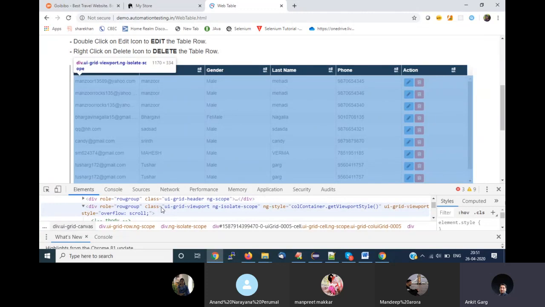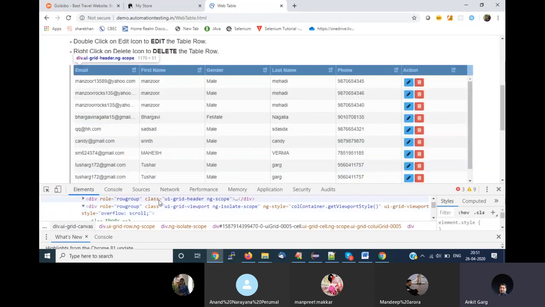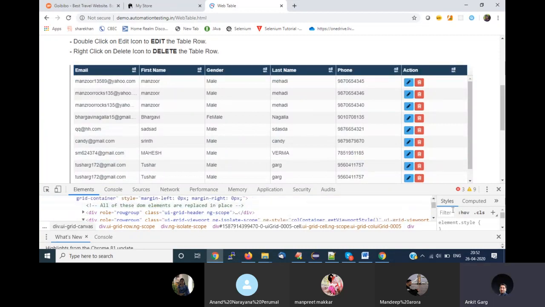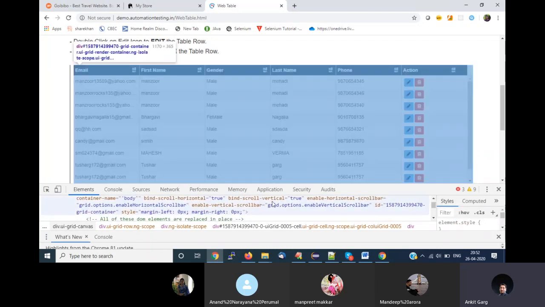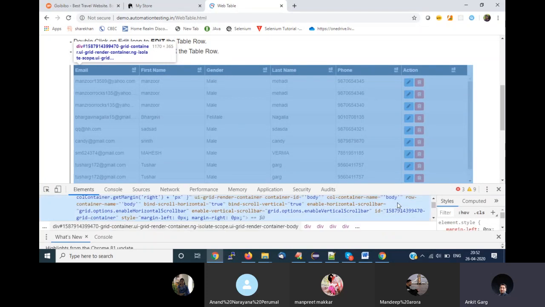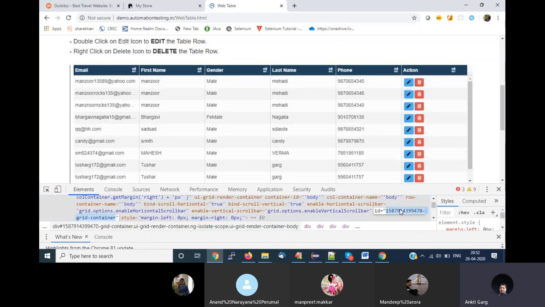This is also giving me the complete web table. This is giving me the headers only. And this is also giving me the complete web table. So I can get a web table, I guess, based on this ID. Let's try to do it. I am using this website.